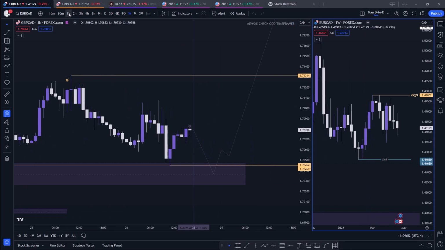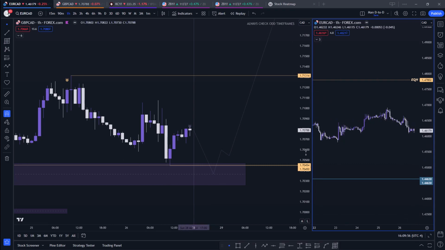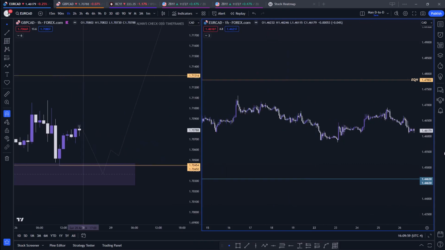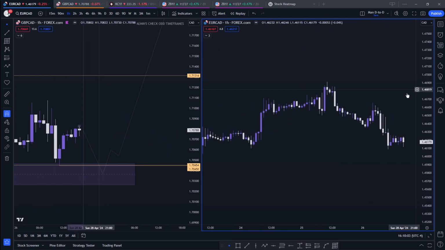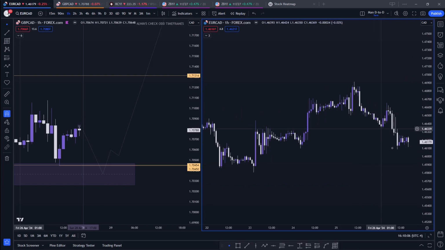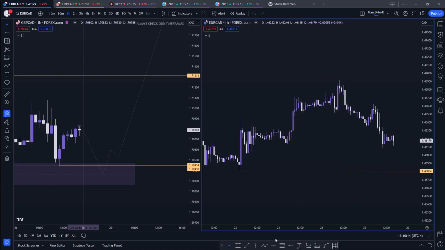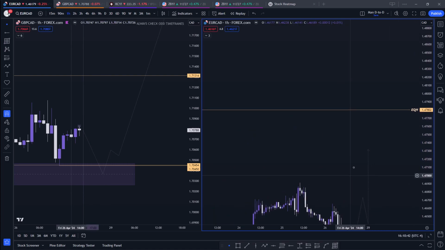So going straight down to the hourly chart, we can see that we are much more bearish than GBPCAD, and that's currently because the euro is weaker than the pound. So we might see a possibility of EURCAD sweeping this sell side liquidity, or any of these internal sell side liquidities actually, before we get the displacement to the upside. Either way, the only way that I'll be convinced to take EURCAD as opposed to GBPCAD is if we open up and somehow just get a massive displacement to the upside, closing above a significant swing high, market structure shift with a fair value gap that we could take and continue to the equal highs that we have targeted there